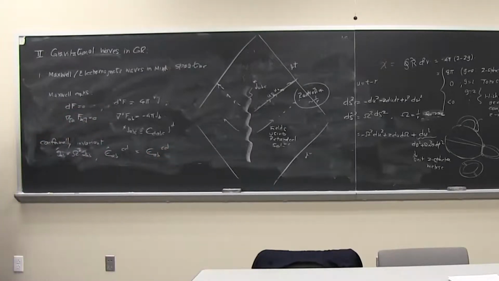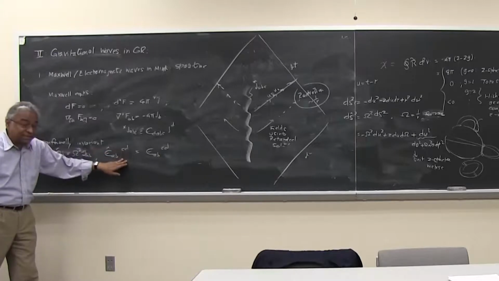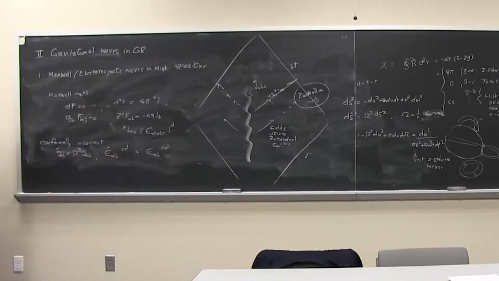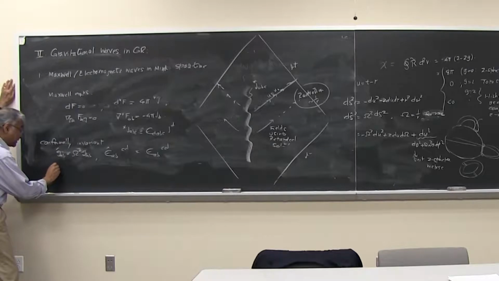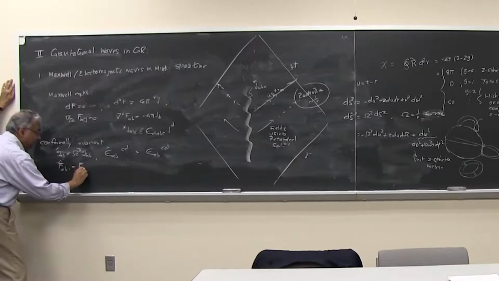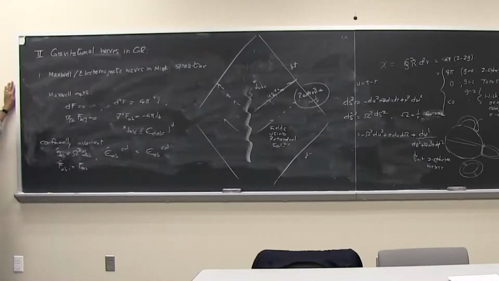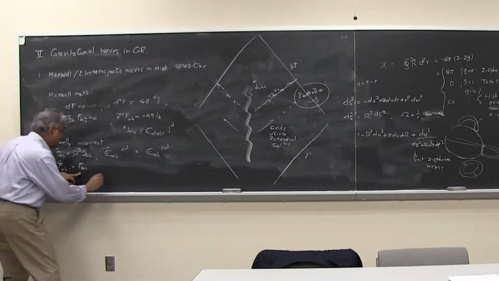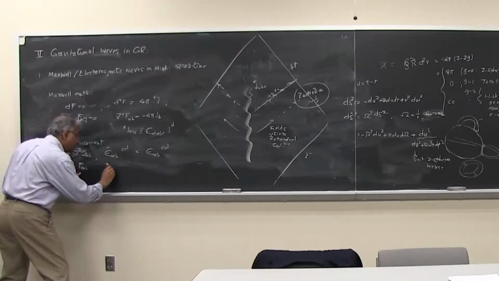That does not change. Epsilon ABCD with downstairs indices gets an omega to the 4th factor, with upstairs indices gets an omega to the minus 4 factor, but 2 up, 2 down is conformally invariant. So now, if I just define f hat AB to be equal to f AB, I didn't do anything at all. Right? Well, if f hat AB is equal to f AB, then of course star f hat AB,